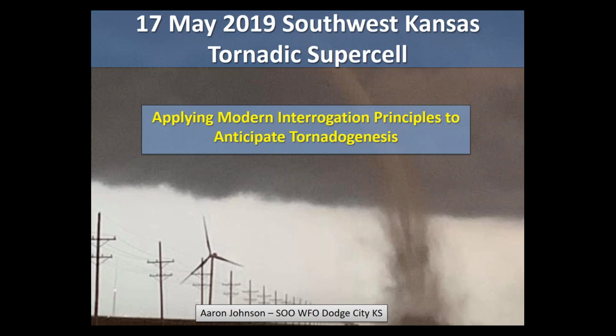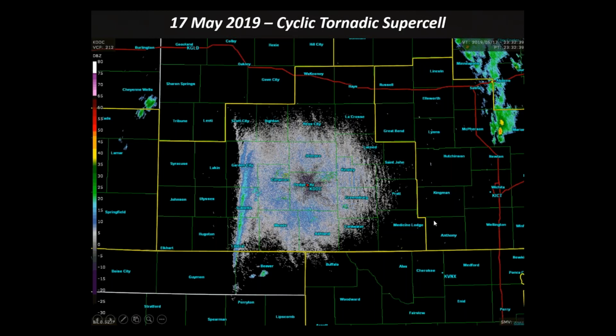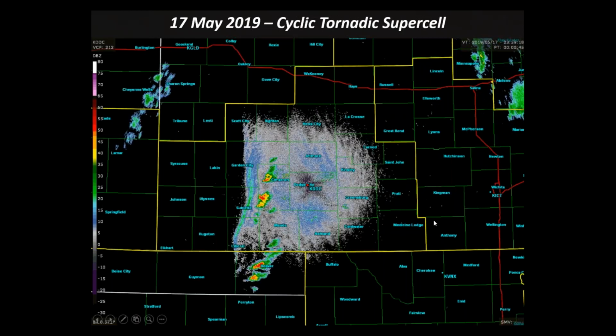And it really should benefit all of our offices, whether you're within Tornado Alley or outside, there are going to be cases where it can really benefit you. So the ultimate goal here is to look at some of the key training items brought forward by the Central Region TWIP to see if applying these modern interrogation principles would have helped in anticipating tornadogenesis in the correct location. Let's advance. Okay, so for this case, for those that are unaware,